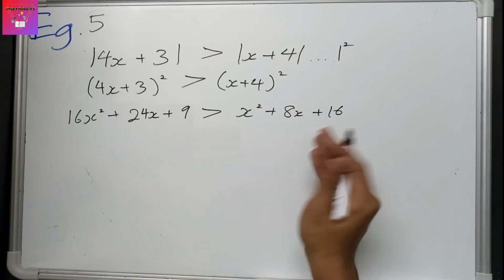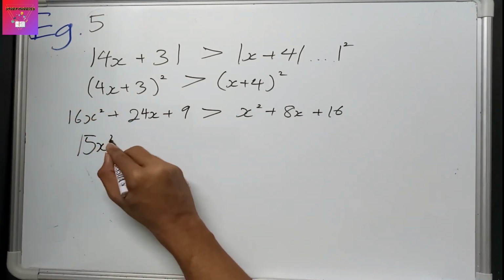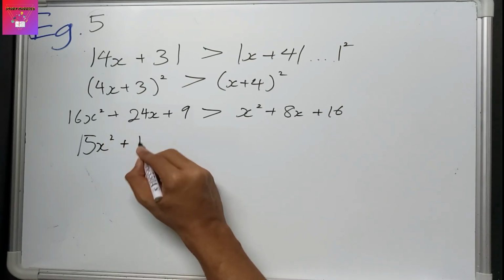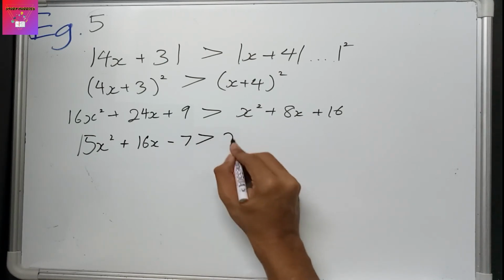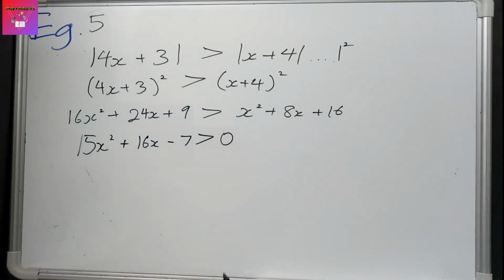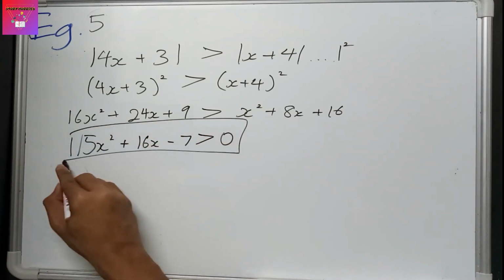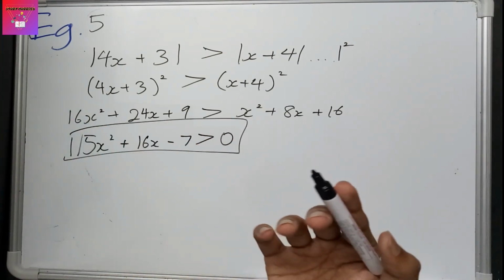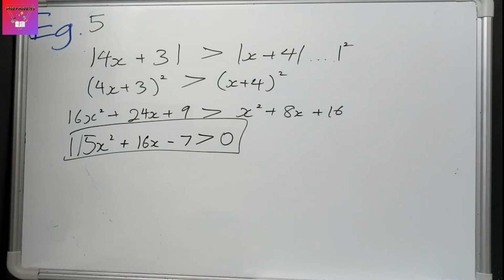Okay, so now we bring everything to the left hand side, in which we are going to get 15x square plus 16x minus 7 greater than 0. So when we see this, we have to remember, if you watch my previous video, you would know how to solve quadratic inequality. So this is a quadratic inequality scenario, and we would have to solve it in its method accordingly. So